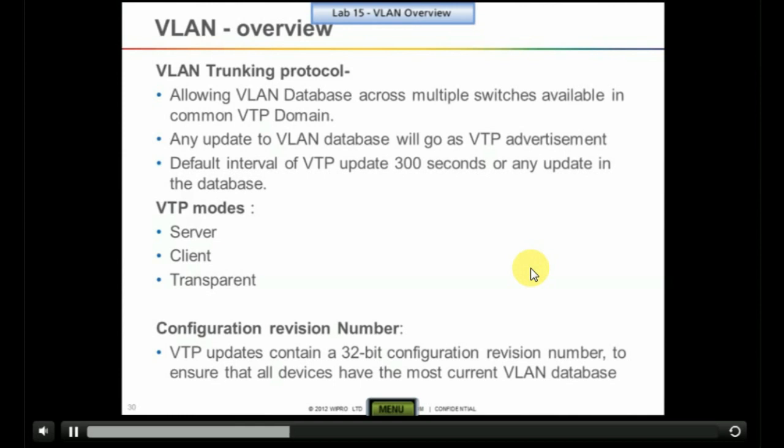Normally these VTP advertisements are sent with a revision number. VTP updates contain a 32-bit configuration revision number to ensure that all devices have the most current VLAN database. These VTP advertisements are sent as multicast frames.